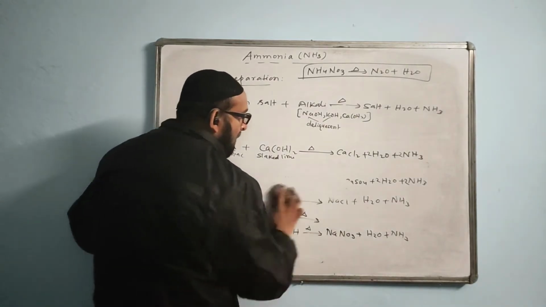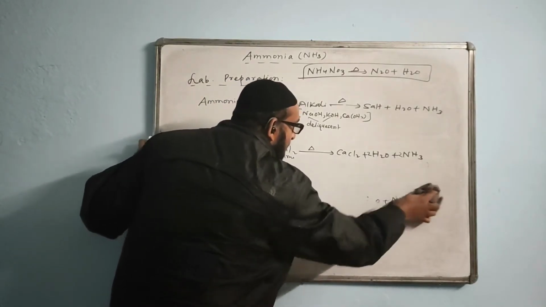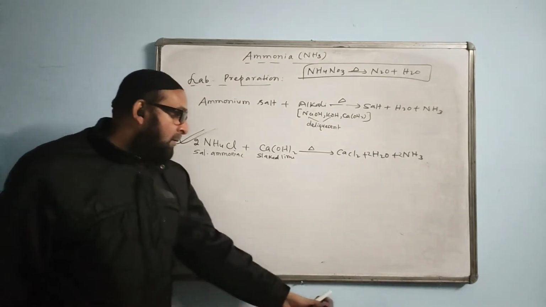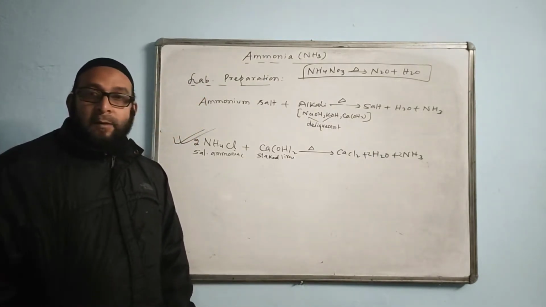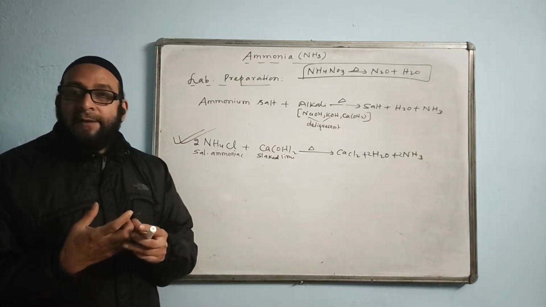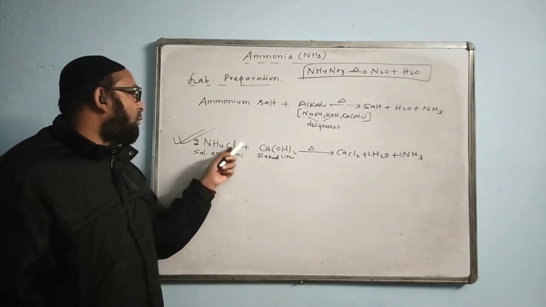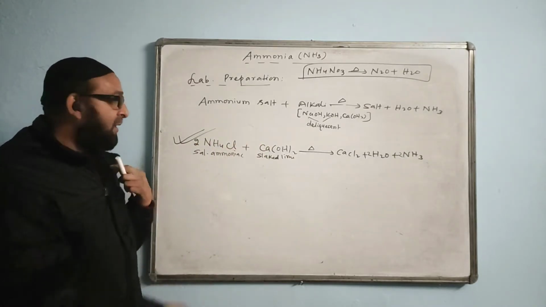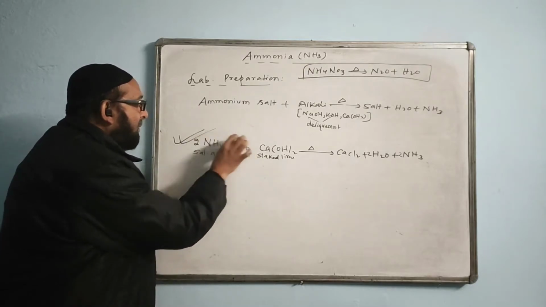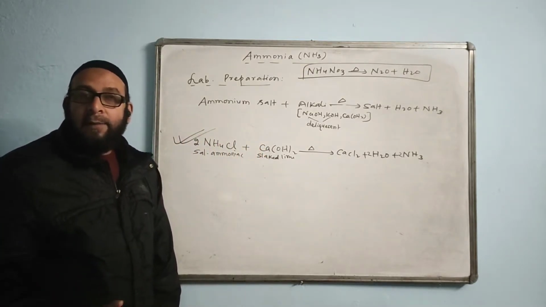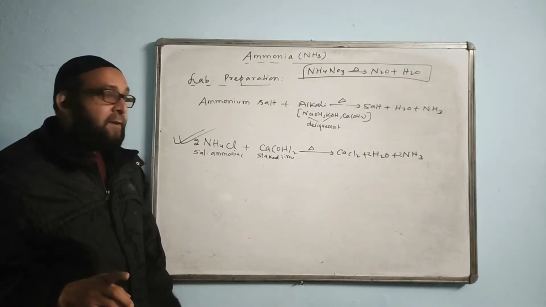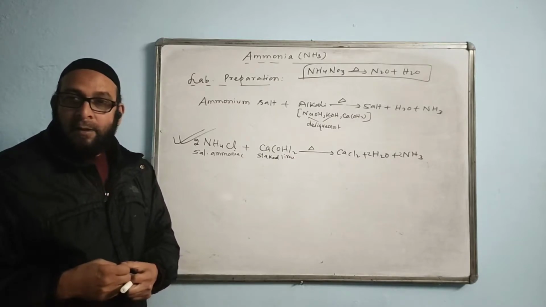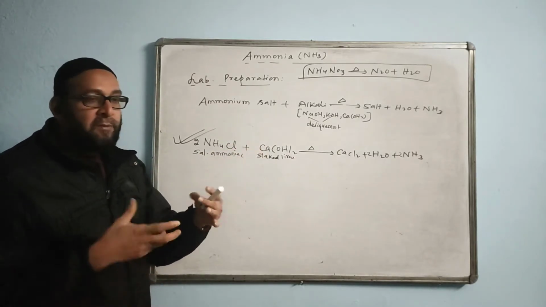Now, another thing I am going to tell you is this reaction. In what ratio are the reactants taken? Reactants, these two. In the equation when you see, it looks like 2 parts and 1 part. It's looking like that. But we have to know that we take them in the ratio 2:3 by weight. 2 kg of this and 3 kg of this will mix.